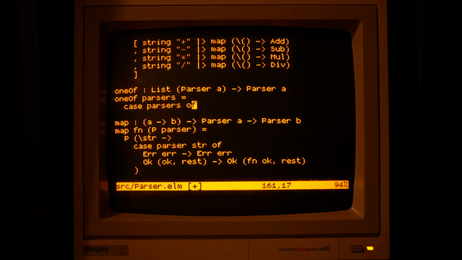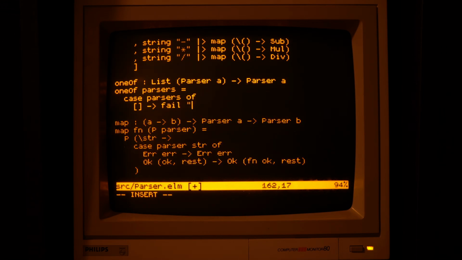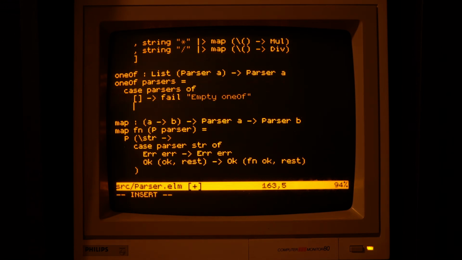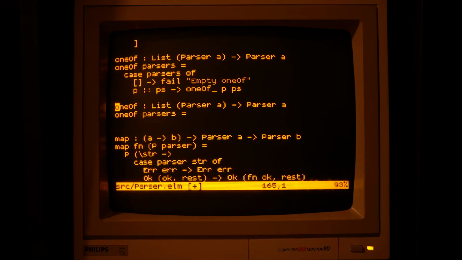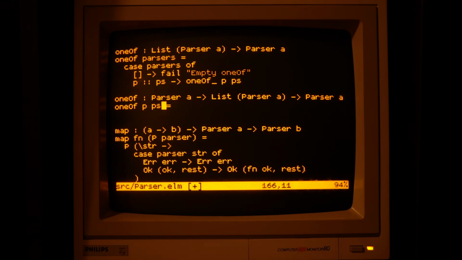First of all, if the user gave us no parsers, let's fail straight away. And if we know we have some parsers, let's start processing them in our recursive function helper. The purpose of this whole parser, and so of this helper as well, is to stop on the first possible parser that succeeds.